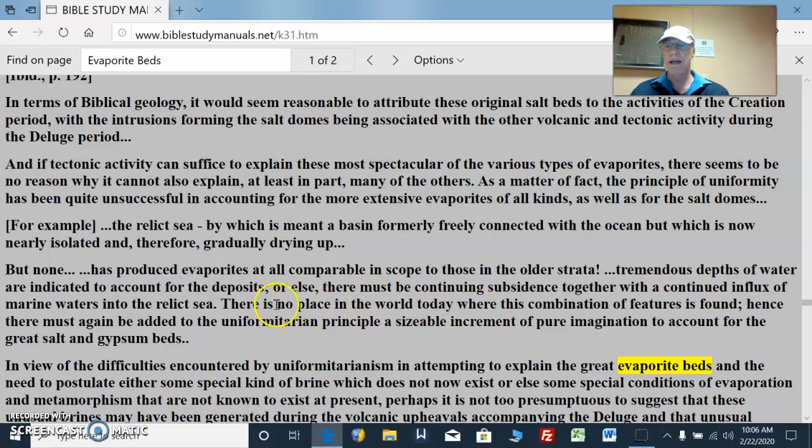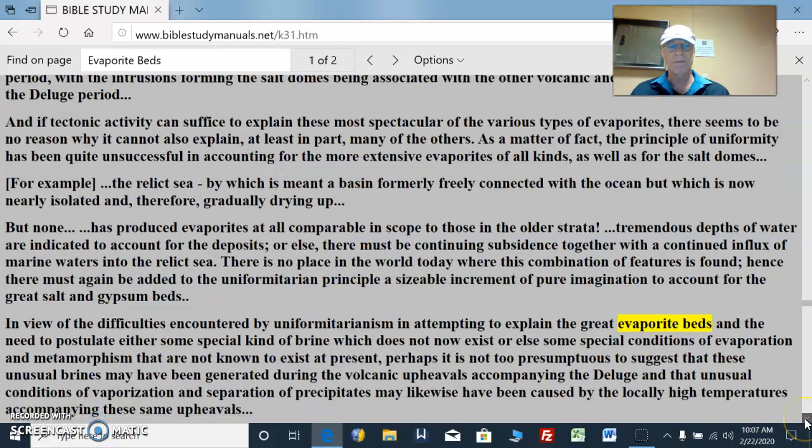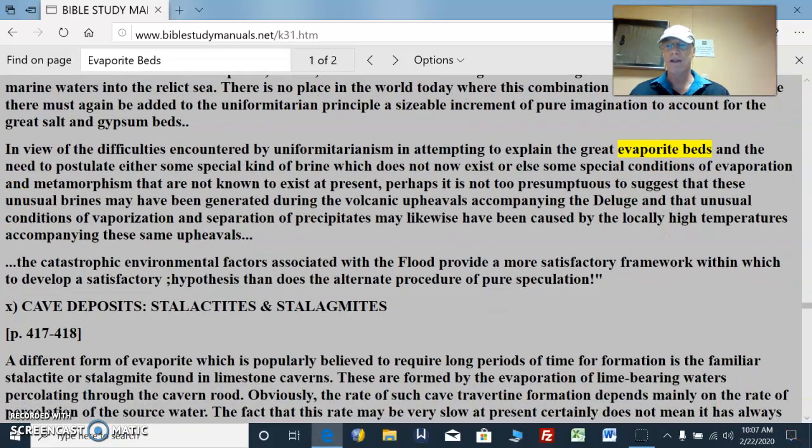Hence, there must again be added to the uniformitarian principle a sizable increment of pure imagination to account for the great salt and gypsum beds. Science, pure imagination. In view of the difficulties encountered by uniformitarianism in attempting to explain the great evaporite beds, and